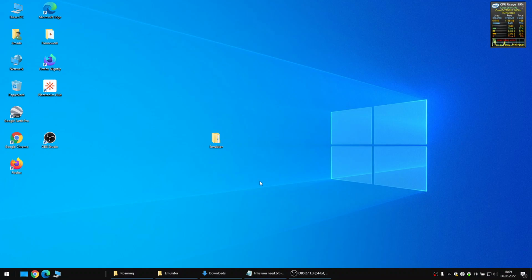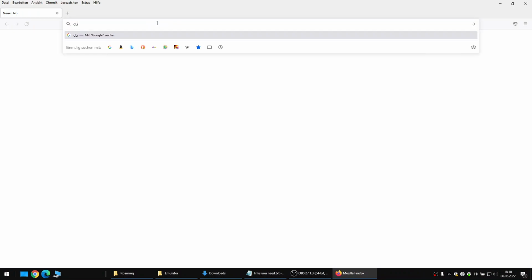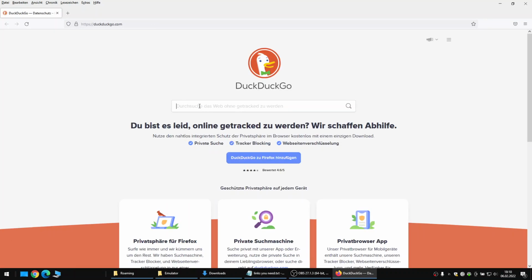So you heard about the Atari 2600. It's basically the grandfather of all consoles, and now you want to see what it looked like back in the days. So where do you get it? Okay, you fire up the browser of your choosing, start up the search engine of your choosing, and just type in Stella